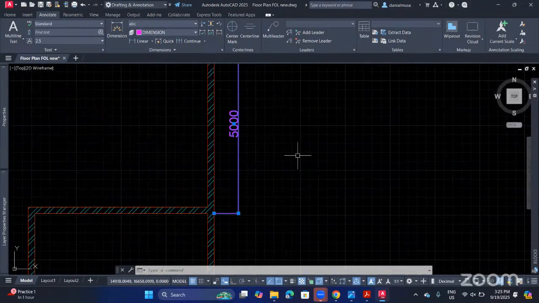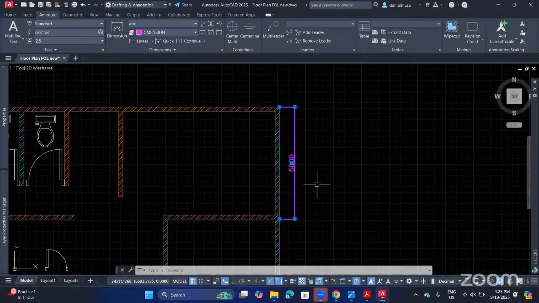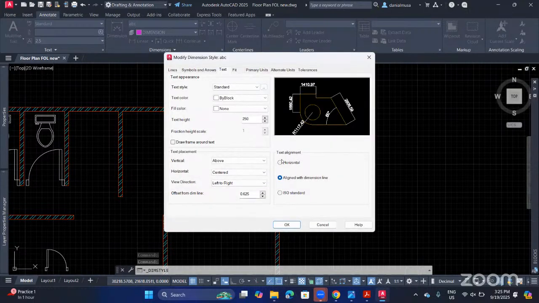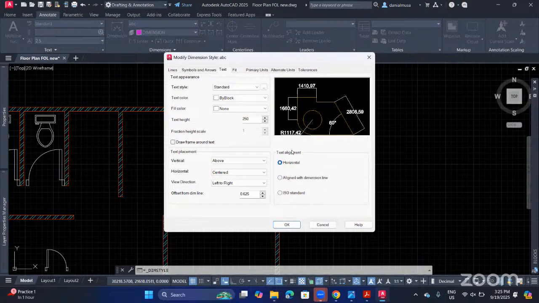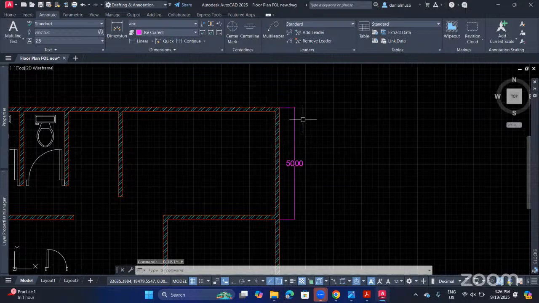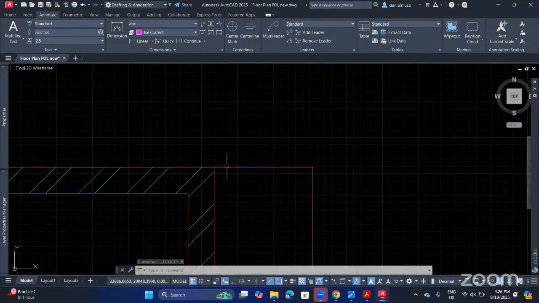But if you need another style of the dimension, like I want to make it horizontal, I don't want it to stick to the line. So we can go here again to manage it and ABC again and click modify. Okay. So we just can click the horizontal. You can see here all of the values become horizontal, so we can click OK. Like it also becomes like this. Another way, like here you can see the line will stay here, and here